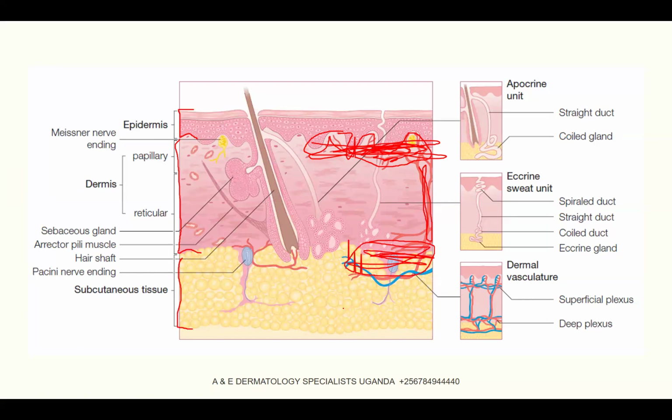For the neural component, we have nerve endings in the skin. Usually, we have ones that are myelinated and non-myelinated. The ones that are myelinated usually end in the dermoepidermal